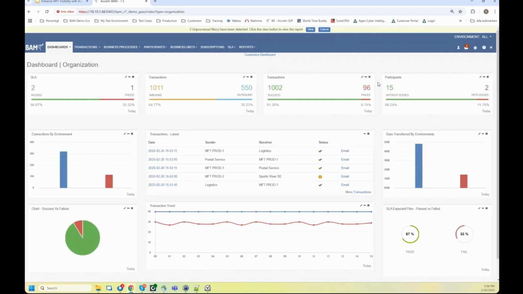Let me see. Sorry. So Roberto, right. But the database size of the MFT does have an impact on the performance of BAM. Do you have any guidance on best practices on transactions, users, etc., numbers to get an optimal experience? What are you seeing in the field? So I cannot really give you a straight answer here. I understand the question. But the problem right now, it's not really a problem, by the way. Well, I guess it depends on from what perspective. But we cannot really be sure